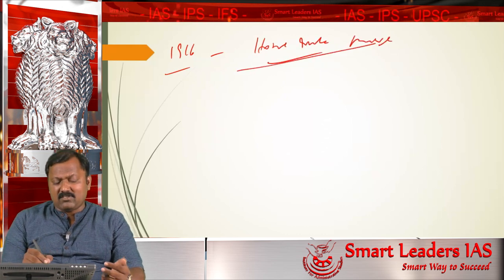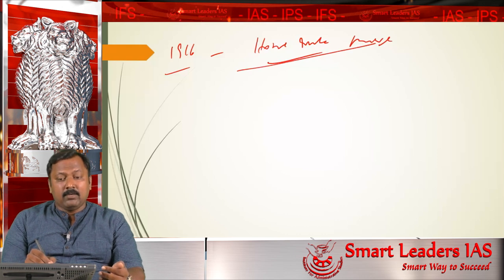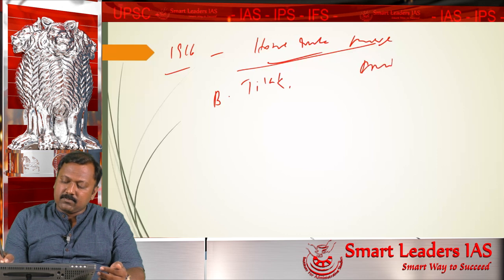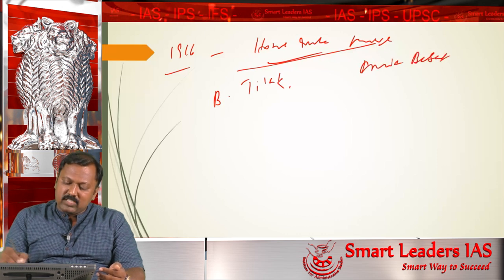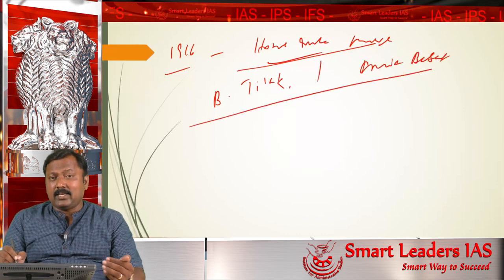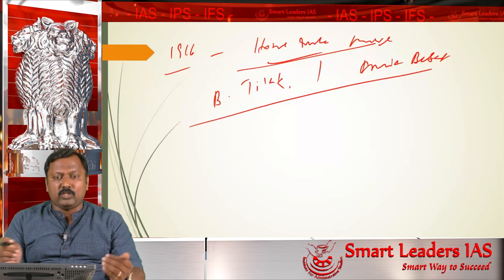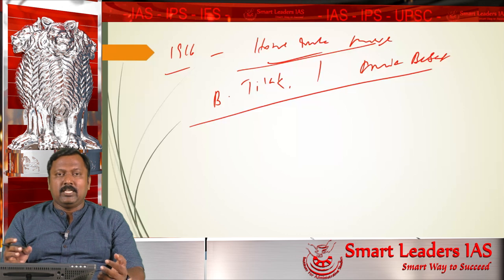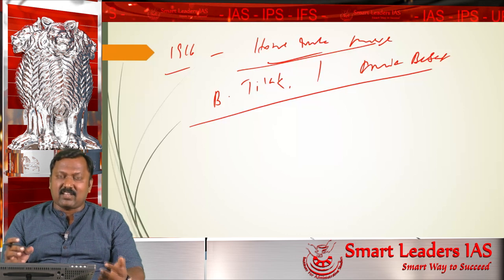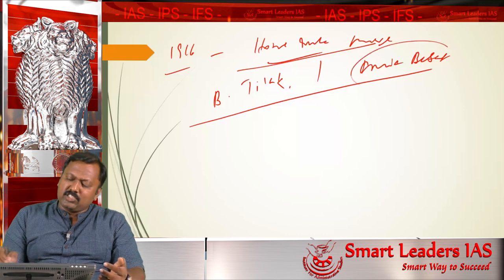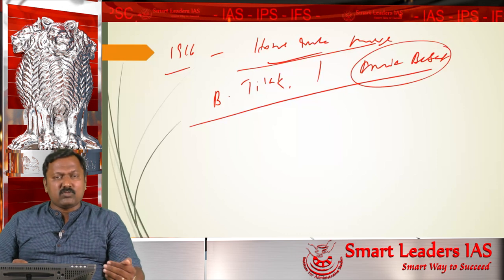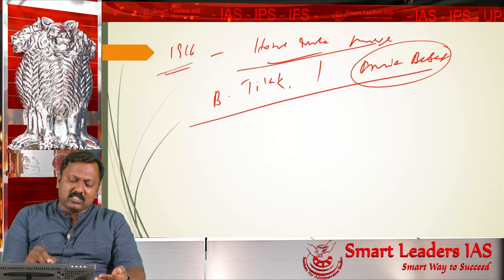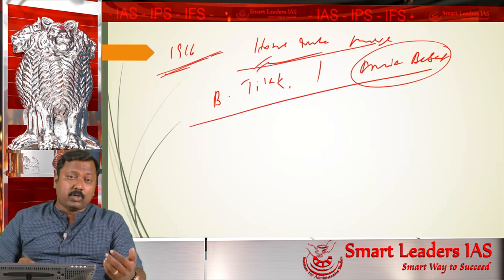The Home Rule Movement was launched in 1916 by Bal Gangadhar Tilak and Annie Besant. You must know that Bal Gangadhar Tilak and Annie Besant did not launch this movement together. Bal Gangadhar Tilak focused on launching this movement in Maharashtra, Berar, Central Province, Karnataka, etc. Annie Besant launched this movement in the rest of India. What is this Home Rule Movement? We will discuss it all later, I am just giving an outline. Sufficient to know that in 1916 the Home Rule Movement became a very important movement.